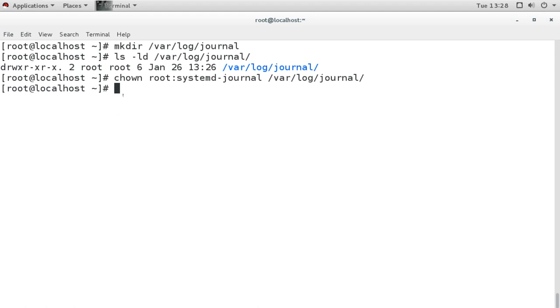So chmod 2755. Now the 2 is for adding the setgid bit, the group ID. That means all the files inside the directory will be owned by this group.